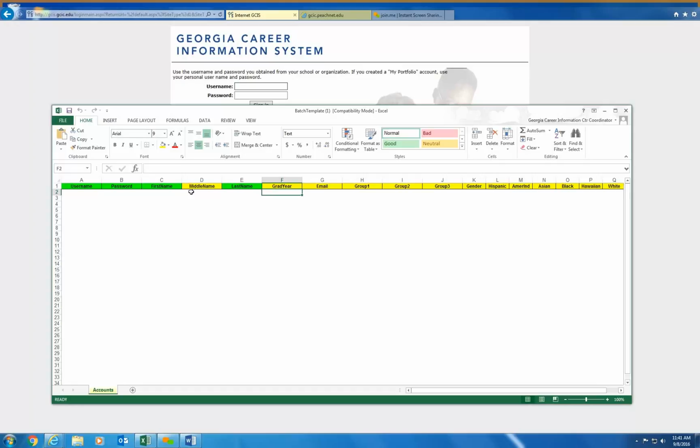So if you do decide to send your information for us to create it, we would need each one of your students' first names. We would need those students' last names. You would need to include that student's graduation year. The next things that we would also need is we would need to know how you want your username to appear and how you want your password to appear. So for your username, a username has to be 6 characters. And those 6 characters have to be unique within our system.